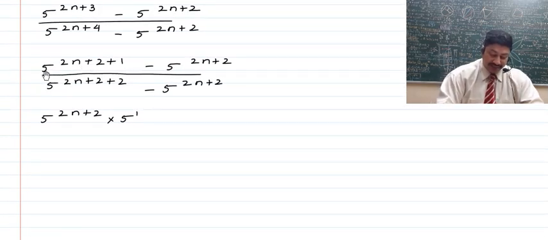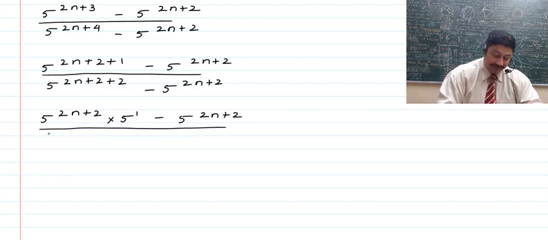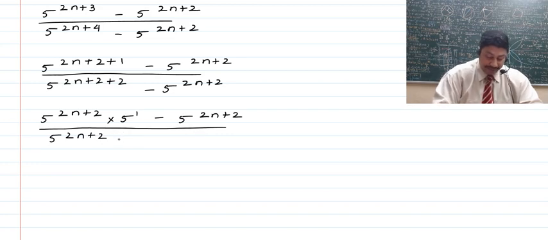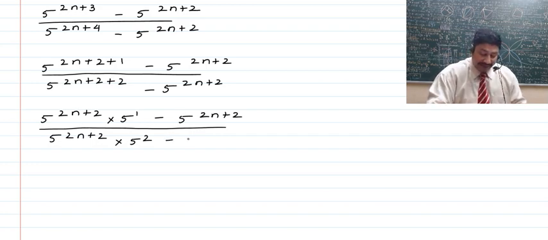That is, we've written this as 5 raised to the power 2n plus 2 into 5 raised to the power 1, which will eventually get to this, right? However, this is of our benefit, that's why we've done it. And next, now after this, we have 5 raised to the power 2n plus 2, which we will let remain as it is, which in the next step is going to be taken common. Then we can write this as 5 raised to the power 2n plus 2, right, which is multiplied with 5 raised to the power 2, which is just like as we did in the first term of the numerator, and minus 5 raised to the power 2n plus 2 will remain as it is.